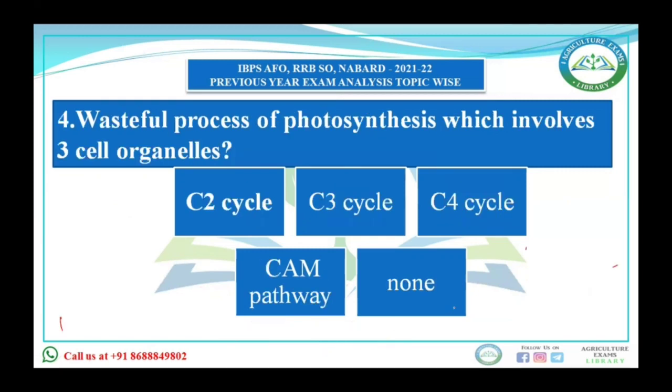Next, the wasteful process of photosynthesis, which involves 3 cellular organelles: C2 cycle, C3 cycle, C4 cycle, CAM pathway, or none. The answer is the C2 cycle, which is also known as photorespiration. Why is it called a wasteful process? Because there is neither synthesis of sugar, nor ATP, nor NADPH. Rather, it results in a decrease of carbon, with a release of CO2